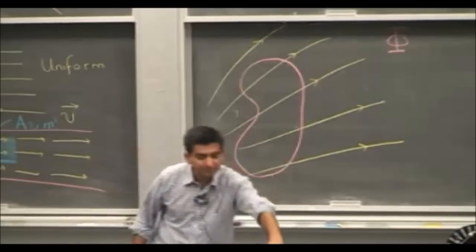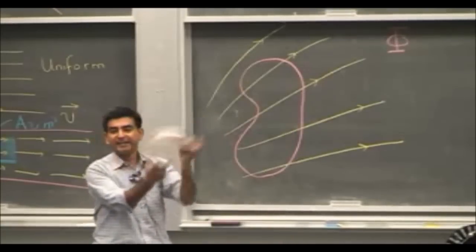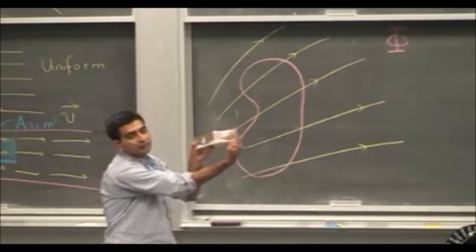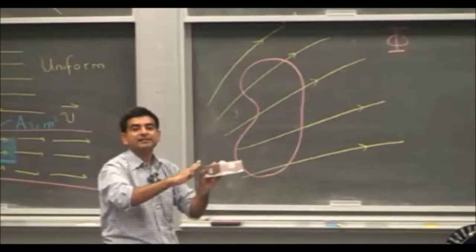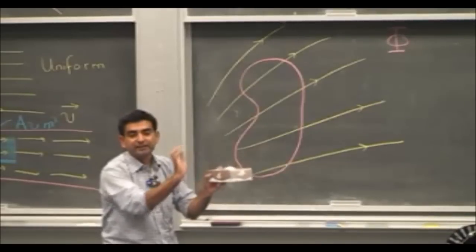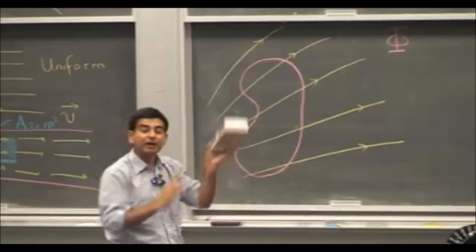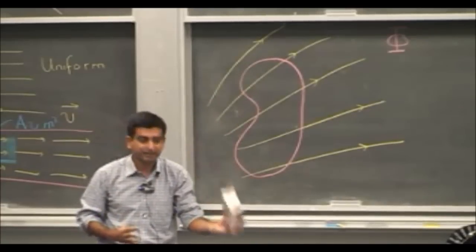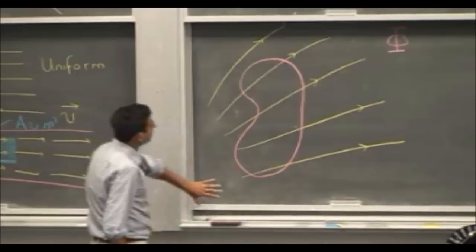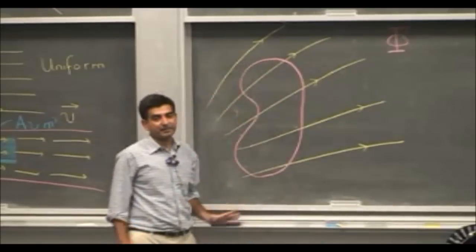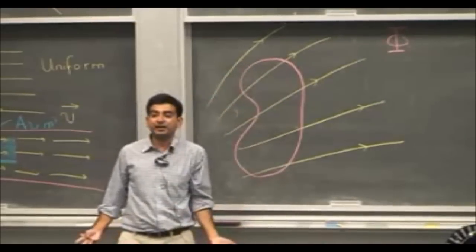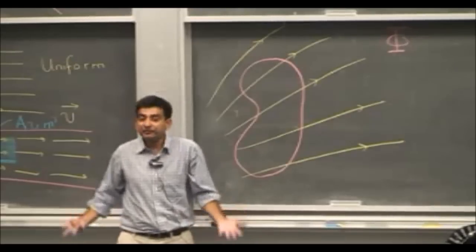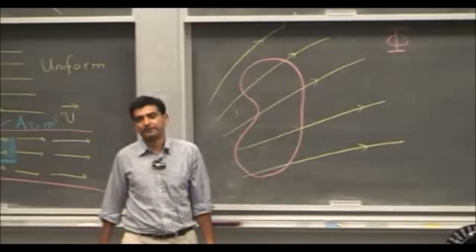For example, this object is a volume. There's matter inside this object, inside this box. But I'm just talking about the outer surface. Surface means something that doesn't have a thickness. It's just the outer surface, the outer skin of this box. Okay, that is what is meant by a surface. Okay? So this is a surface in 3 dimensions, and I would like to find out how much electric flux pierces this surface. How much flux cuts through this surface.